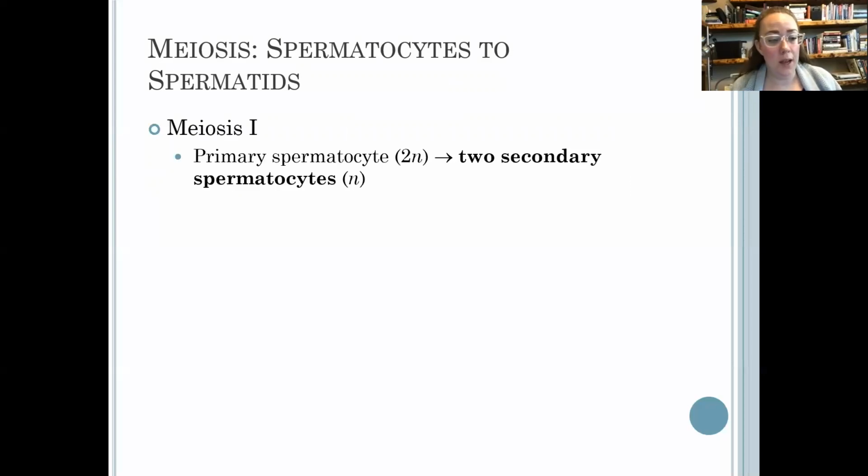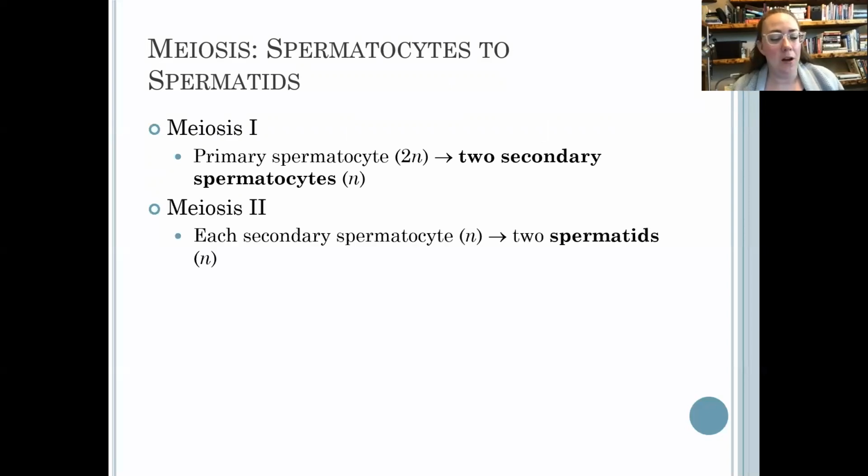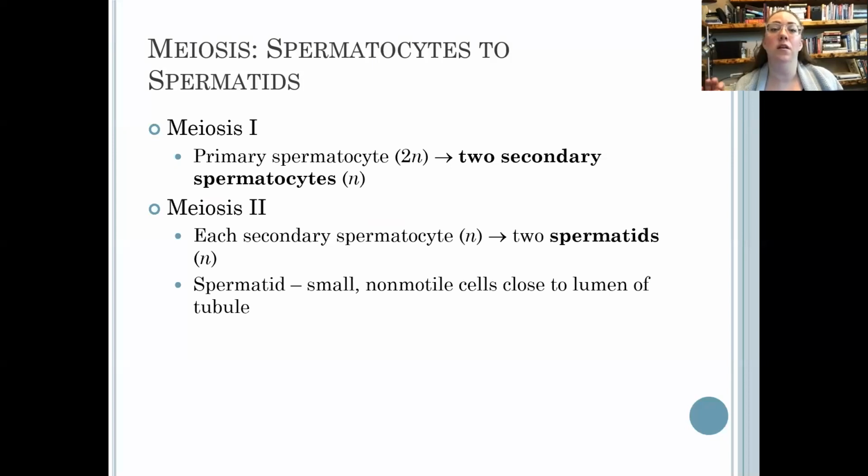So in meiosis 1, we have the primary spermatocyte, which is still 2N. It divides and gives two secondary spermatocytes that are each haploid. And then in meiosis 2, you have those two secondary spermatocytes that undergo really basically a mitotic event, but we call it meiosis 2, and those develop into two spermatids. Now again, spermatids are not fully functional yet. They're not fully mature. And so they're small, they're non-motile, but they are really close to the lumen of the